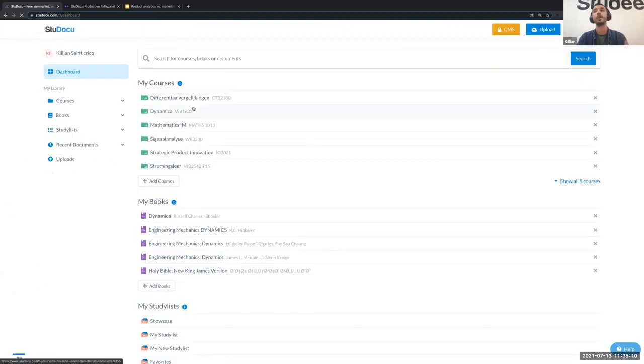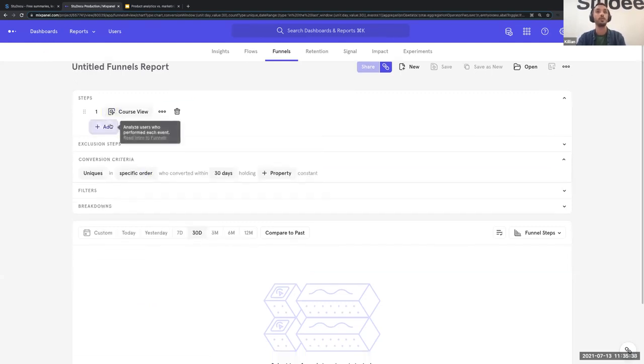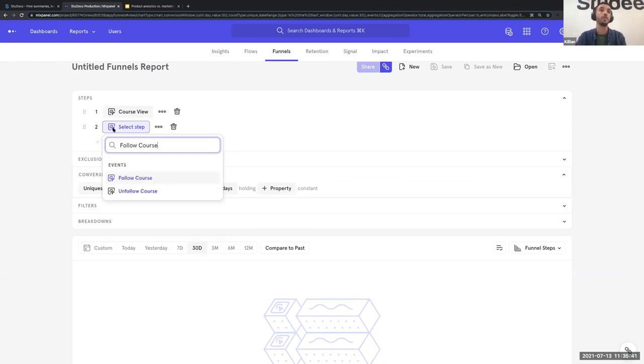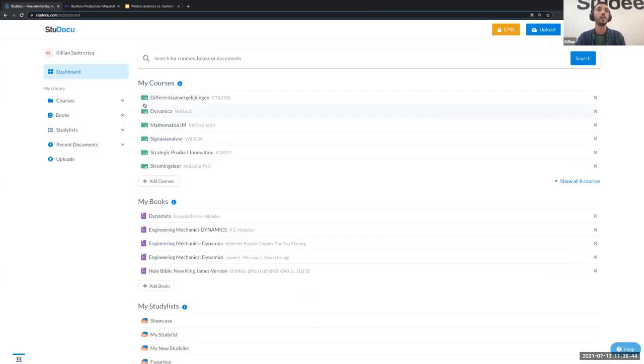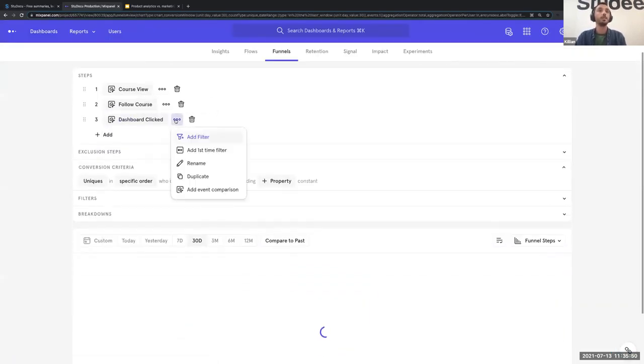And then on your dashboard, where you can find your courses, we changed the copy from following to my courses. And even such a simple change, we want to A/B test because we want to see if it has any impact. And that's very easy to monitor in Mixpanel. So what we do at StuDocu is we track every view event, and we also track every user action. So I know that when users see a course, they're going to trigger the event course view. When they follow a course, they're going to trigger the event follow course. And then when they click on that course on the dashboard, they're going to trigger the event called dashboard clicked.